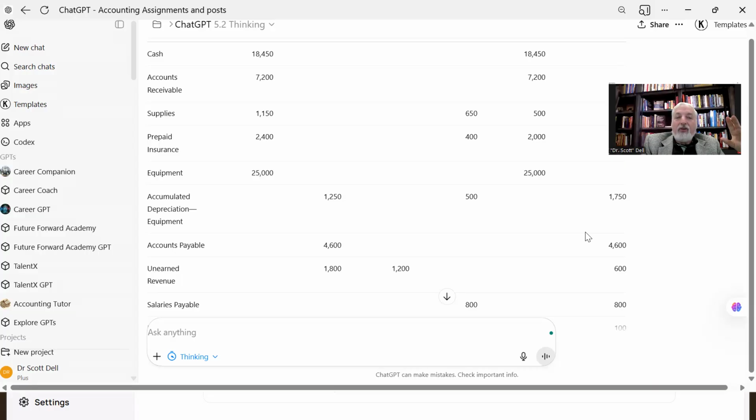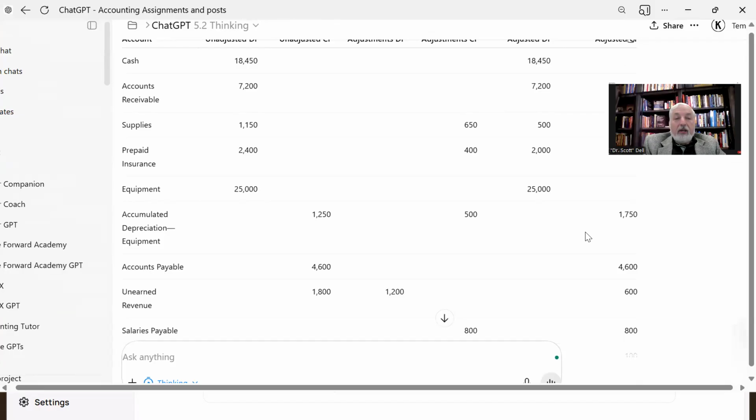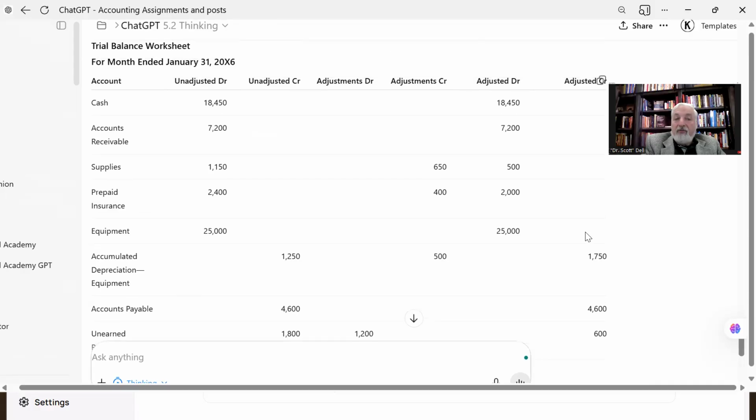So if I ask what the net value of my equipment was, you take that $25,000, you deduct the 500, and you would say, oh, actually it's 1250 to start, and another 500 this year or this month. So I've got 1750 total. I've got my adjusted trial balance, my ATB. I've got 25,000 less the 1750 total. The net book value of that equipment is not 25,000, not 24,000, but 23,250. Got a debit of 25, a credit of 1750, and I've got the 23,250 as a net book value.